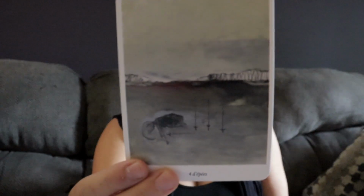A hot toddy is a warming drink on a cold day, on a cold time. And I just picked a deck that reminded me of winter, so it doesn't really remind me so much of a hot toddy as it does the environment in which I might drink one. And that is Le Tarot de Paysage Intérieur by Camille. This is a deck I found on Etsy. And it is very much a wintry